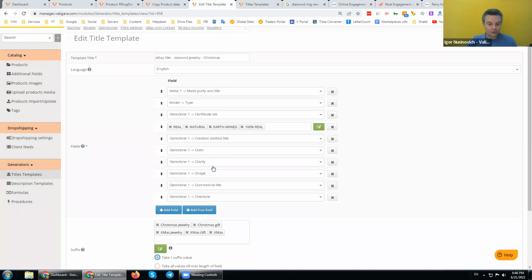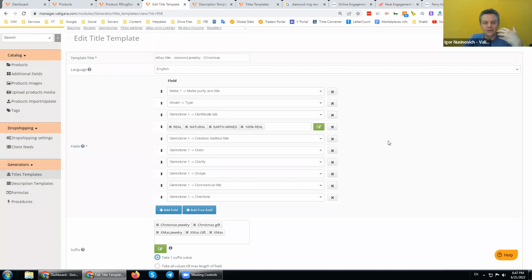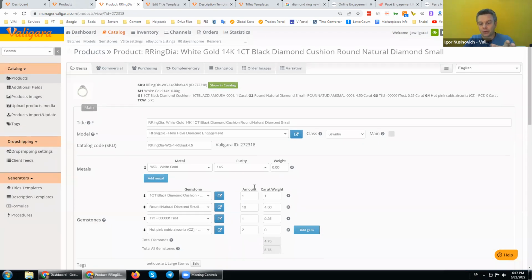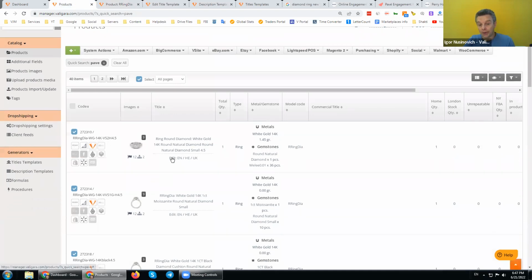Now, another part of the PIM is description templates. And here again, the foundation for this is that you prepare your data with copy data, with importing your existing data, with sitting and manually adding the product information, whether from inside the product or using the quick edit here.